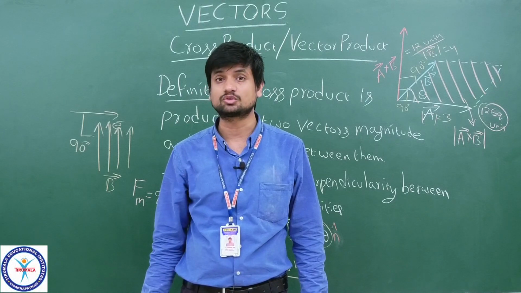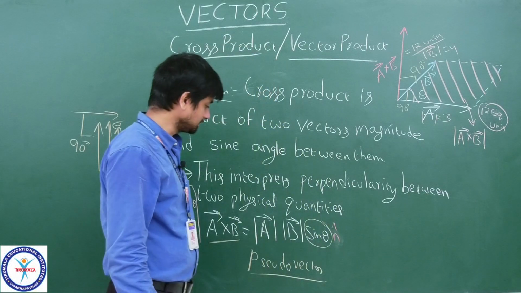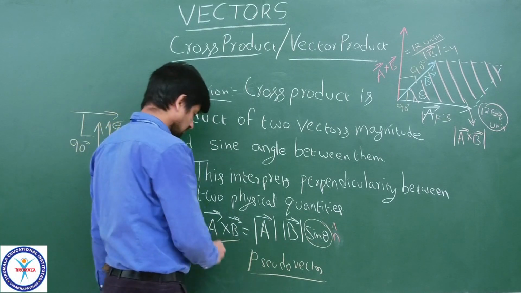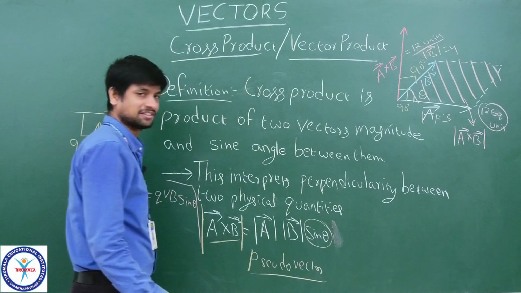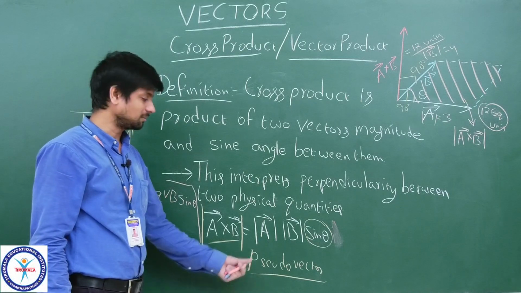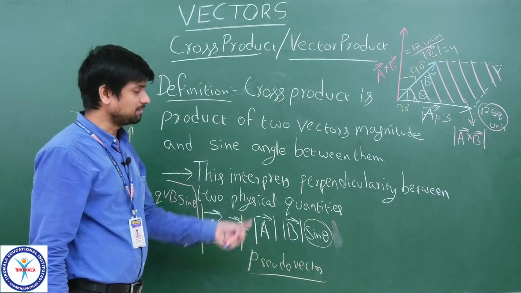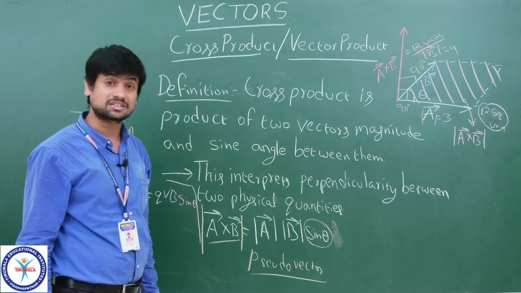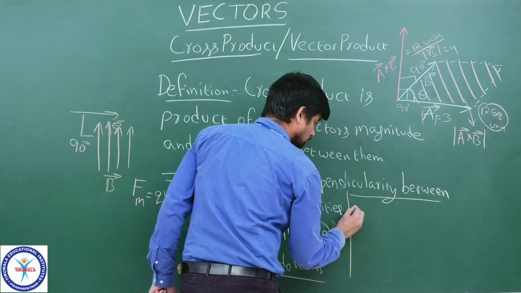So these types of cases you require. Even in fluid dynamics, you require the cross product. So we will apply the same formula. See here, A bar, B bar, sin theta, n cap. If you want only the magnitude, remove this n cap: AB sin theta. AB cos theta is the dot product, AB sin theta is the cross product, nothing but the vector product. It is a vector because we assign the direction. Mostly this type of cross product is applied for rotational effects. In rotational motion you will have torque, children.